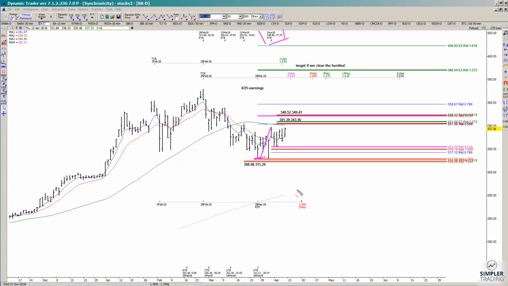Okay, now what I do when that occurs, and this doesn't work 100% of the time, but it works often enough to watch it. So here, since we did break out, you don't want to buy the breakout. You want to look at the next pullback after the breakout, see if that holds and triggers an entry for